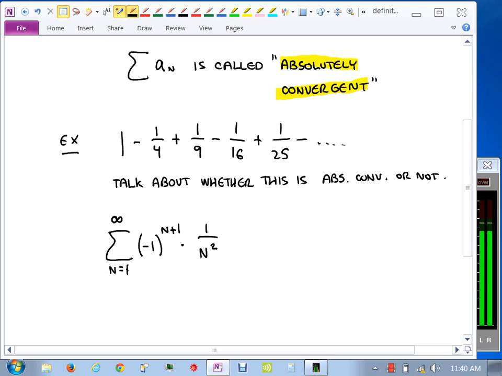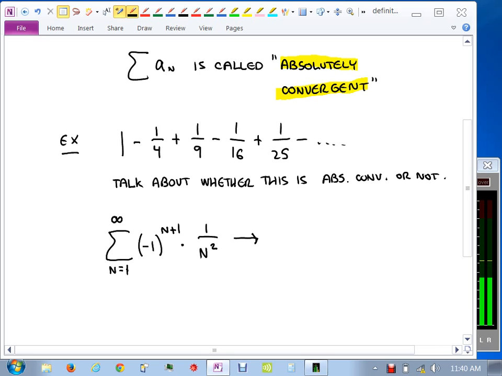See, that's different because alternating means you have a positive term, then a negative, so you take some away, and then you add a little bit and take away, and then add and take away. So the result of this may be completely different than if that wasn't there. It might be. It depends on the series itself. So we cannot at this point say this is a P series because of the alternating part. But to talk about absolute convergence, what I want to do is look at the absolute value